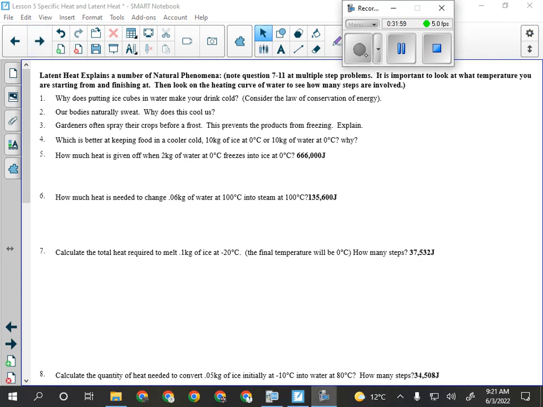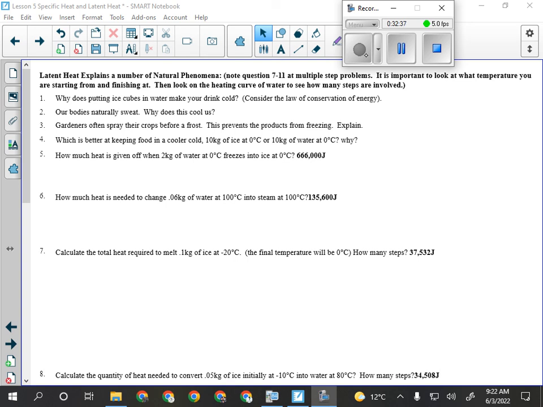Why does putting ice cubes in your drink keep it cold? Besides the fact that ice is obviously colder, at least at first, than your drink. Because the heat in the water goes into the ice. Right, the heat from the water goes into the ice. When you first put the ice in, it's probably about minus 15 degrees Celsius. But even if your drink is fairly cold, already below 10 degrees Celsius, the first thing that happens is the ice very quickly gets to 0.